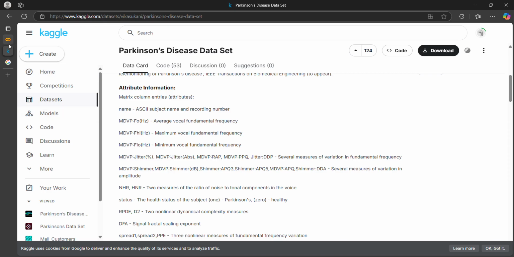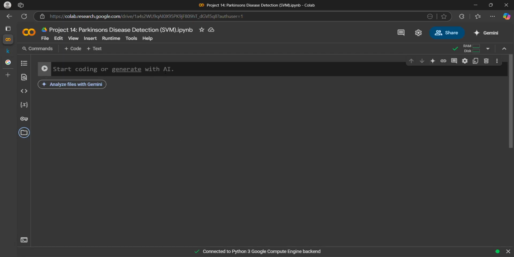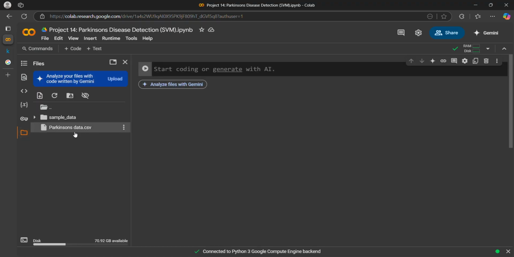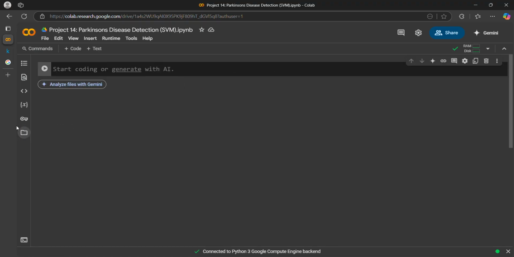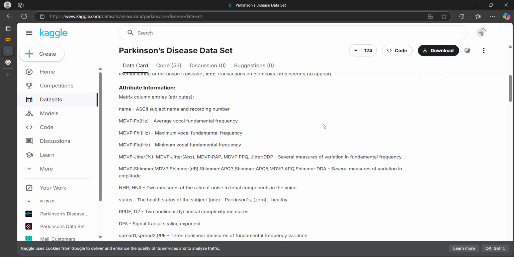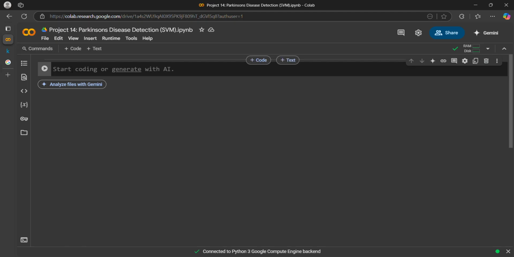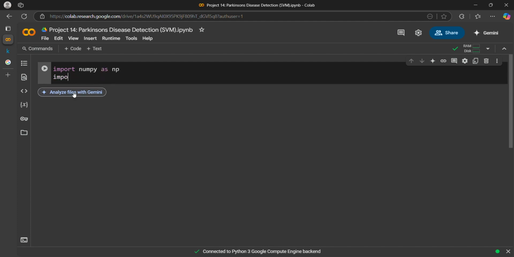Okay, now coming back to our project, I have already uploaded the Parkinson's data set. You can just download it from here. I will be providing the link in the comment section. Now let's first import all the libraries. Import numpy as np, import pandas as pd,